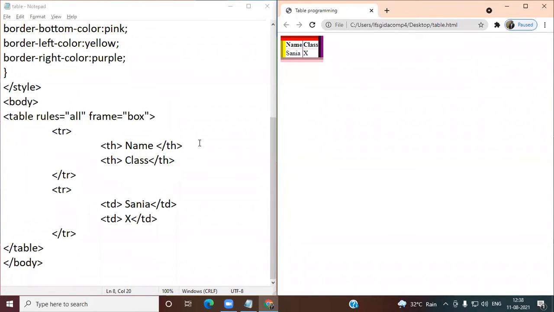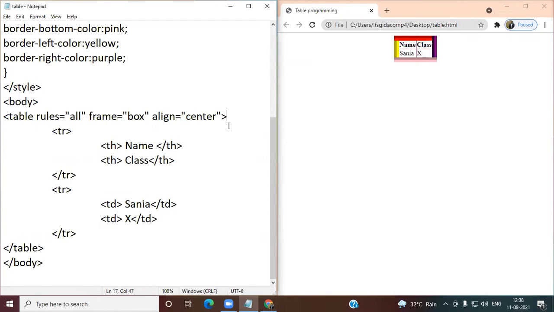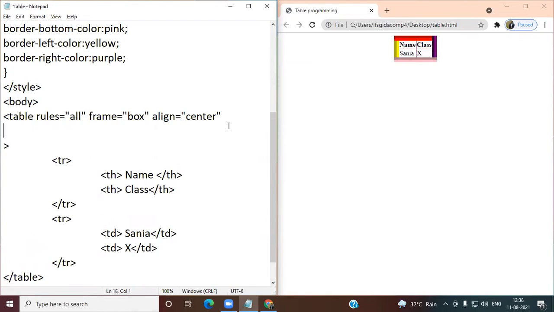Now, here, if you want my table to display in the center, we will use here align is equal to center. So it will come to the center. If you want, it may come with a BG color also. So BG color may be gray.